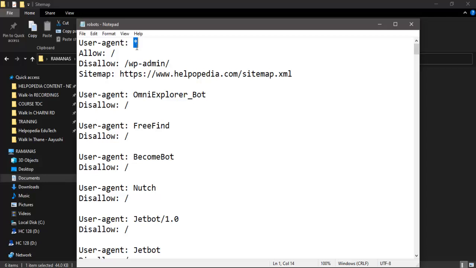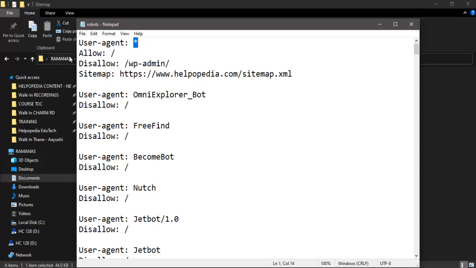So we can get our results only in Google search engine. But now I want my content to be seen in all search engines, and all search engines should have my content. So for that reason I will put a star mark. So star mark is for all search engines.